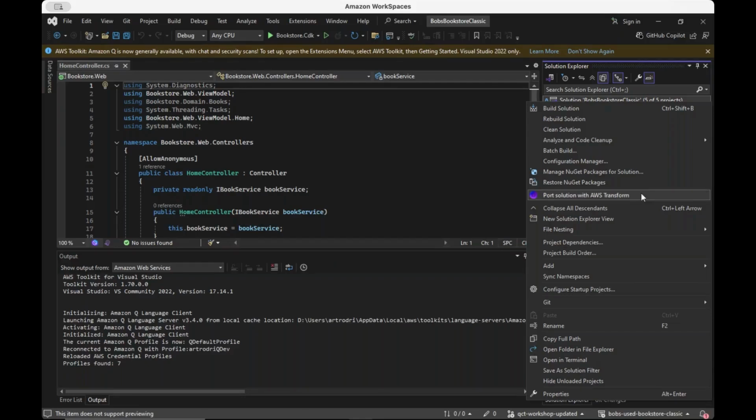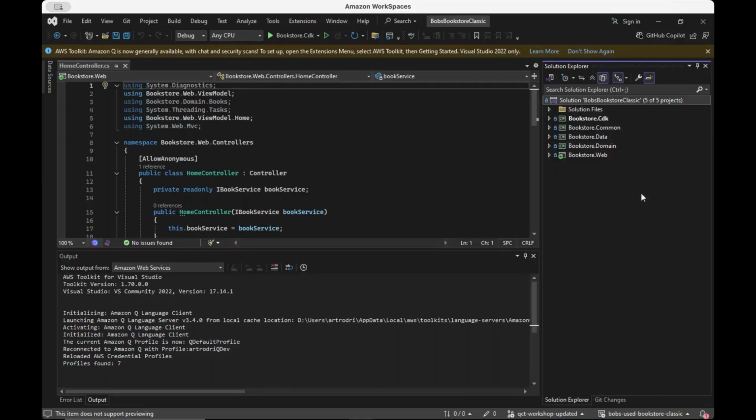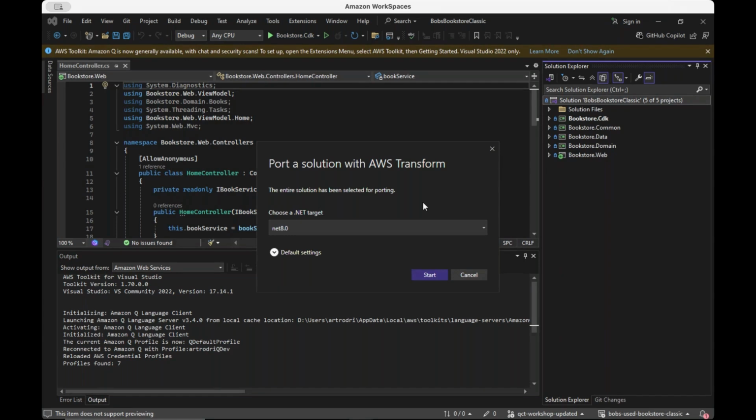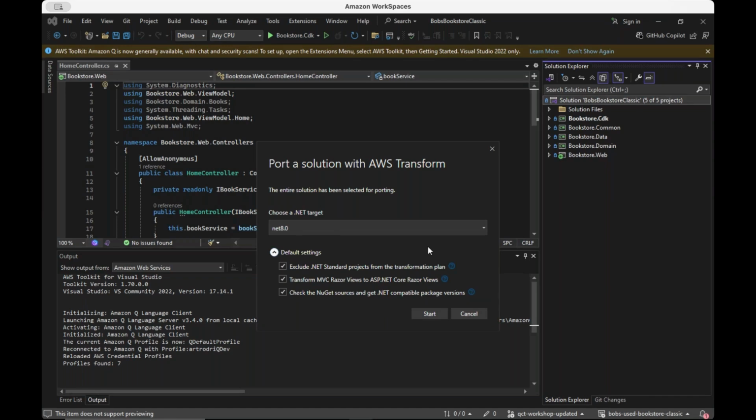I will select this option, and then I get prompted with the .NET target I want to migrate to, and some default settings that I might be able to select, like transforming my MVC Razor views, or in this case, I will exclude my .NET Standard migration. I will keep the option to check my source for .NET compatible package versions. So all those options can be selected or unselected. I will then start my migration.